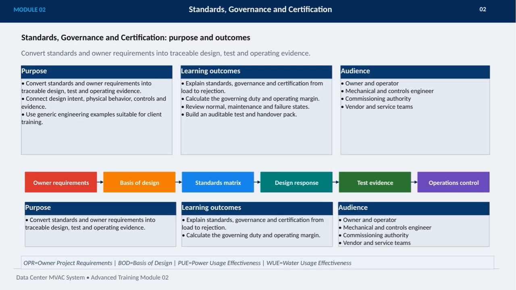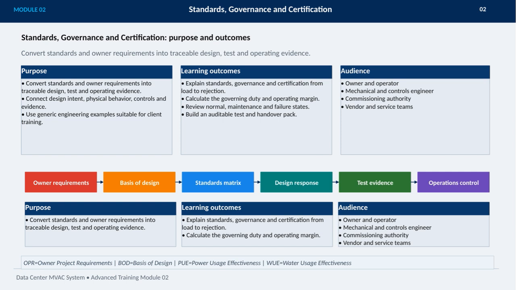In this module, we focus on standards, governance, and certification for data center MVAC systems. Our goal is to convert standards and owner requirements into traceable design, test, and operating evidence that ensures everything is aligned and verifiable. We'll connect the design intent with physical behavior and controls using practical engineering examples tailored for client training. By the end, you'll be able to explain the entire process from load to rejection, calculate governing duty and operating margins, review different operational states, and build an auditable test and handover pack. This content is designed for owners, operators, engineers, commissioning authorities, and vendor teams who all play a role in maintaining